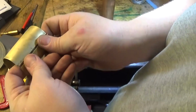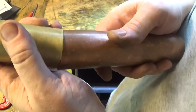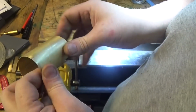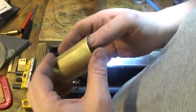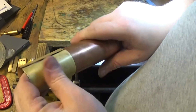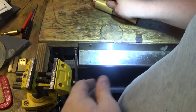The secret to it will be to get just a little bit of a flat on the ends nicely along there like that. And just gently work it till it fits all the way around the tube. It's going to take a little bit. And when it's touching there and there's still a gap under here, we might have to file a bit off the end. Best way to do that,